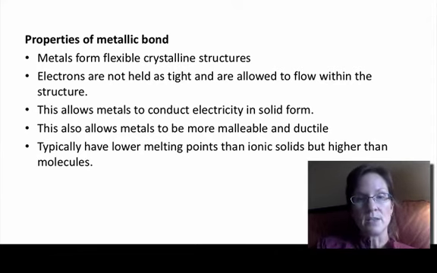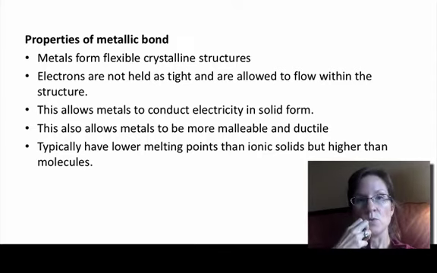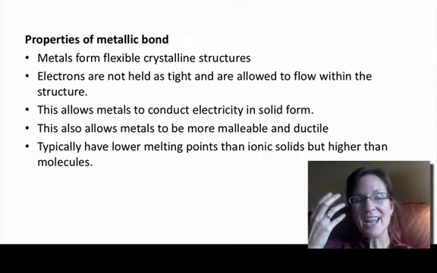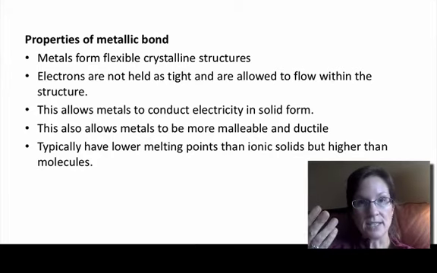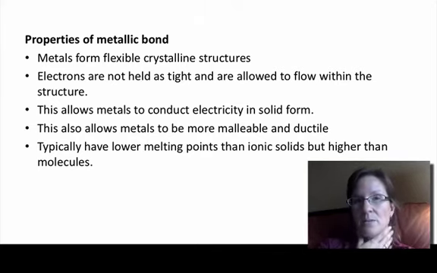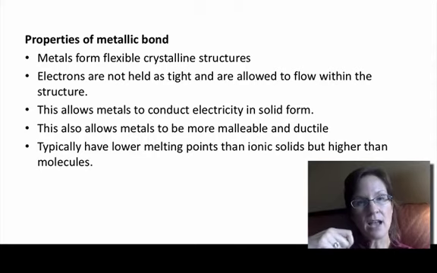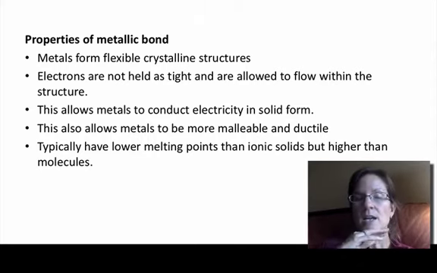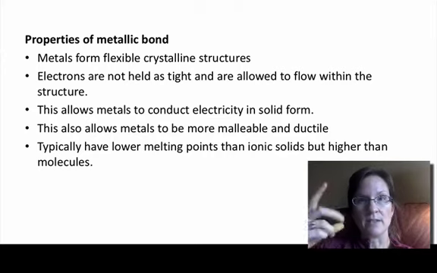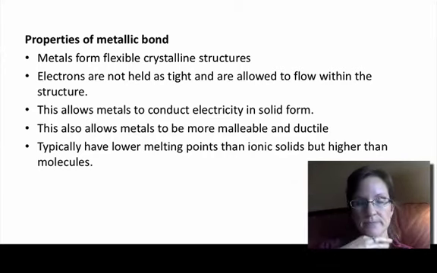Also, because of this flexibility and the sea of electrons, metals are very malleable and ductile. Those words mean, while it's a crystal structure, when you strike a metallic substance with a hammer, generally you will dent it or bend it, rather than for ionic compounds, when you strike it with a hammer, you will break it. That's malleable. So that flexibility that metals have to be able to bend has to do with the fact that, because of the sea of electrons, you have room that allows for compression.